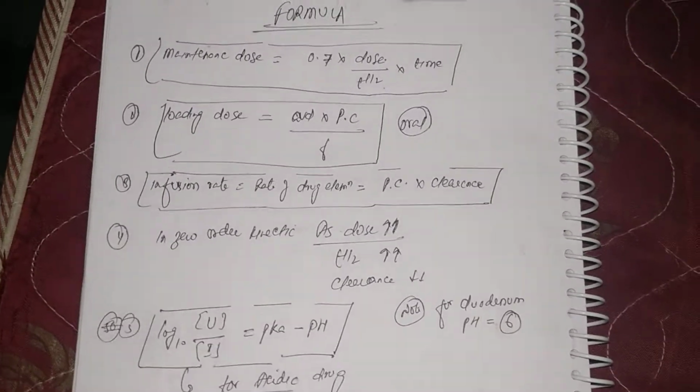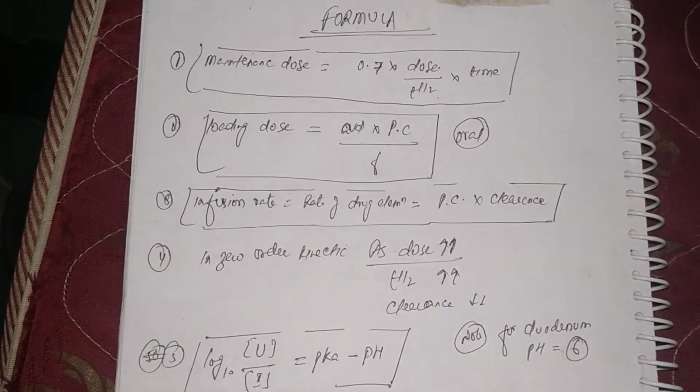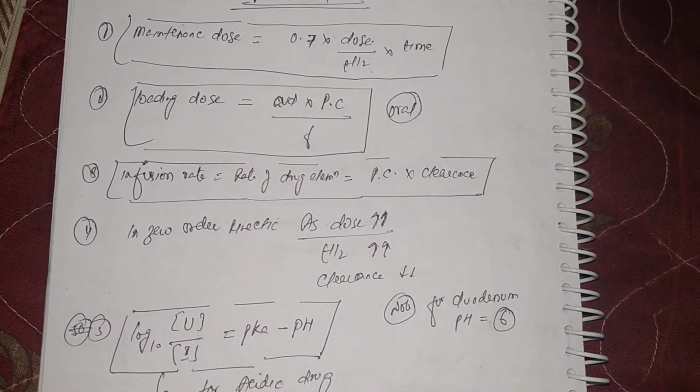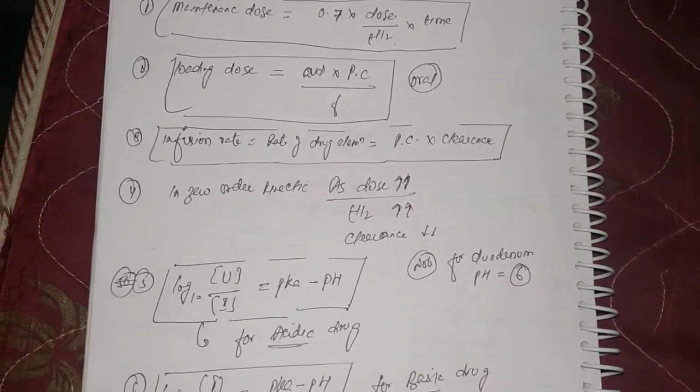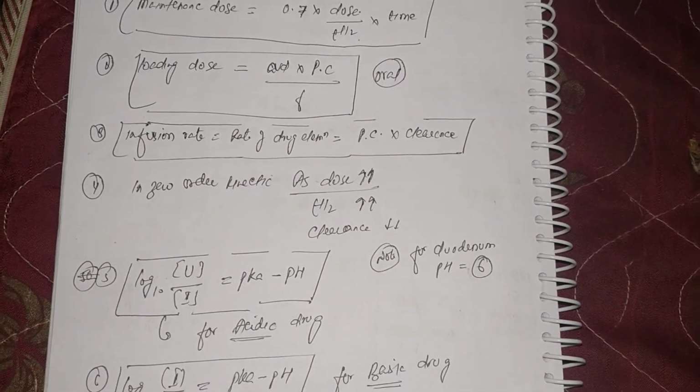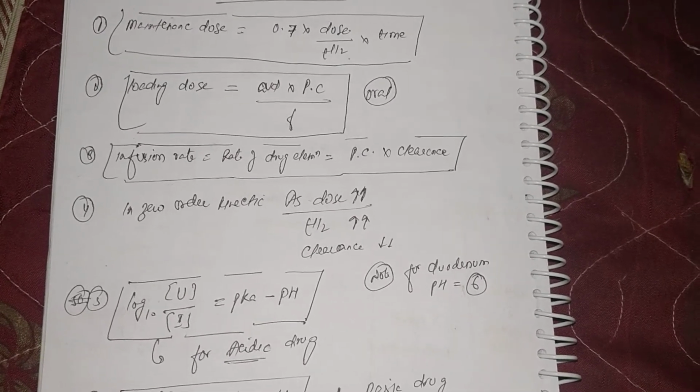Okay, I would like to repeat all of the formulas again. The first one was the maintenance dose, which is equal to 0.7 into dose upon half-life into time. Second is the loading dose, which is equal to apparent volume of distribution into plasma concentration upon F, that